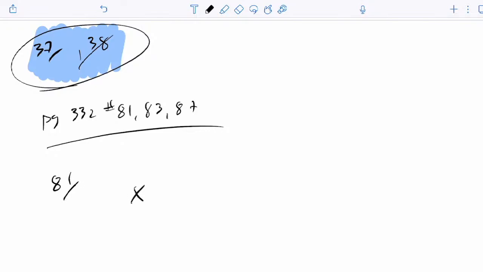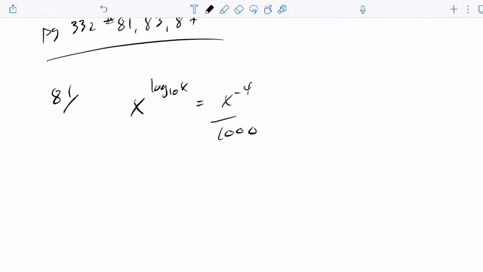So 81 here is x to the power of log 10x, and that equals x to the negative 4 over 1,000. So if you want to solve 81 here,